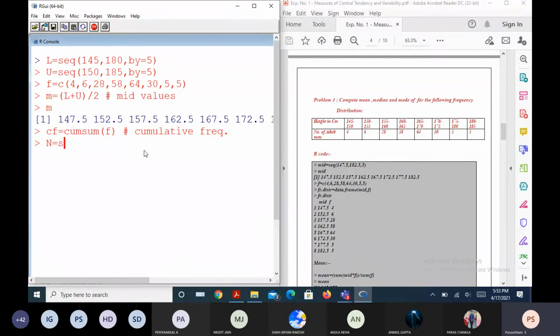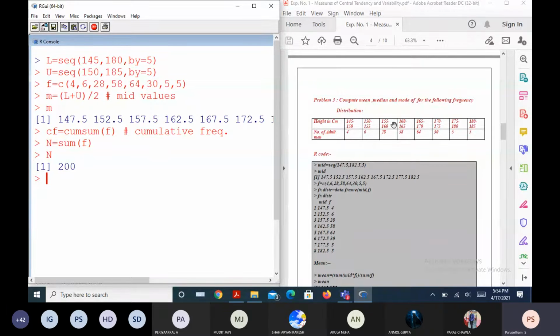So we have taken the data for 200 adults, whose heights vary across the distribution. A height between 145 to 150 centimeters is observed for 4 adults, 150 to 155 for 6 adults, 155 to 160 for 28 adult men, 160 to 165 for 58 adult men. Likewise the data.